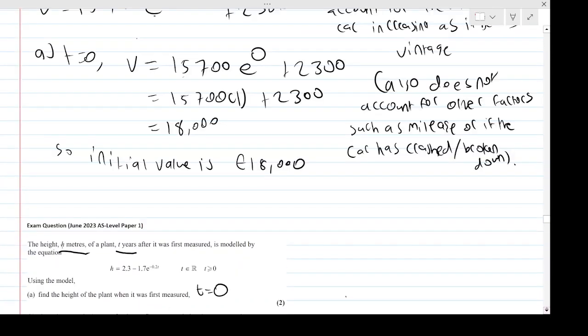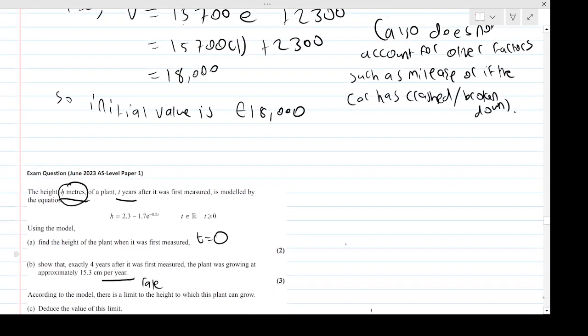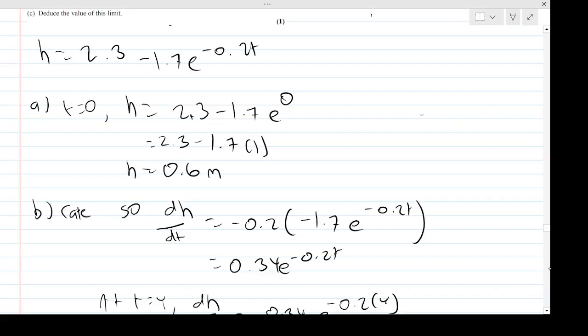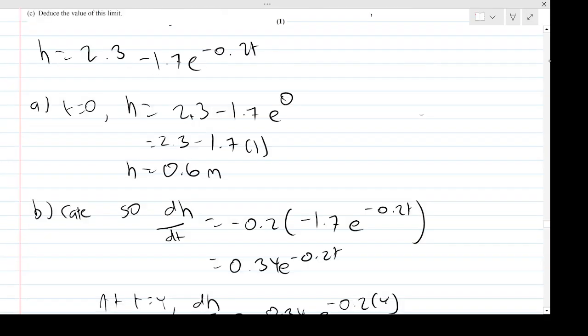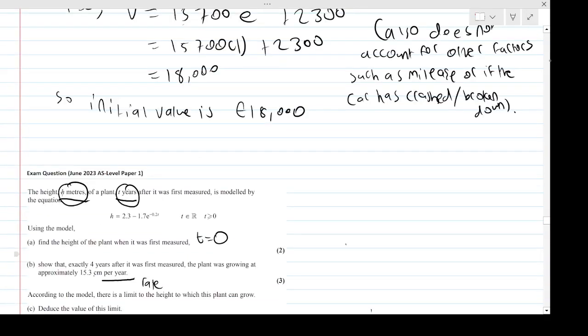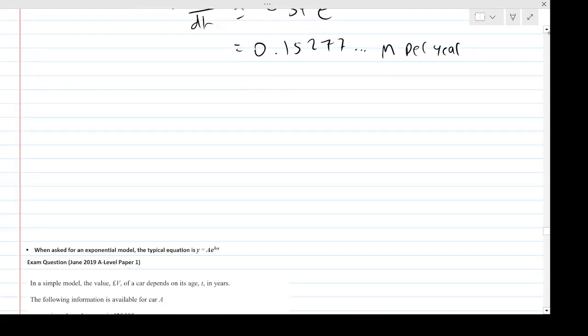So that's a rate. So it's going to be meters per year, okay? Because that's my height, and that's h and t. So it's going to be meters per year, okay? But actually, they want it in centimeters per year. So what we need to do is to get it in centimeters. From meters to centimeters,